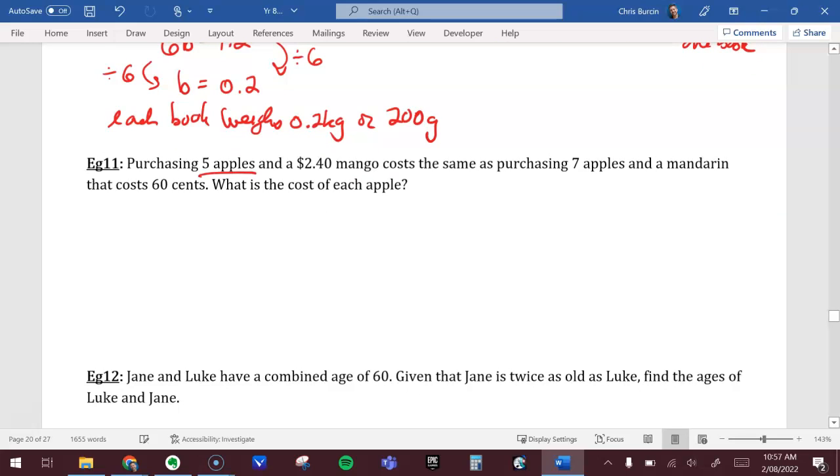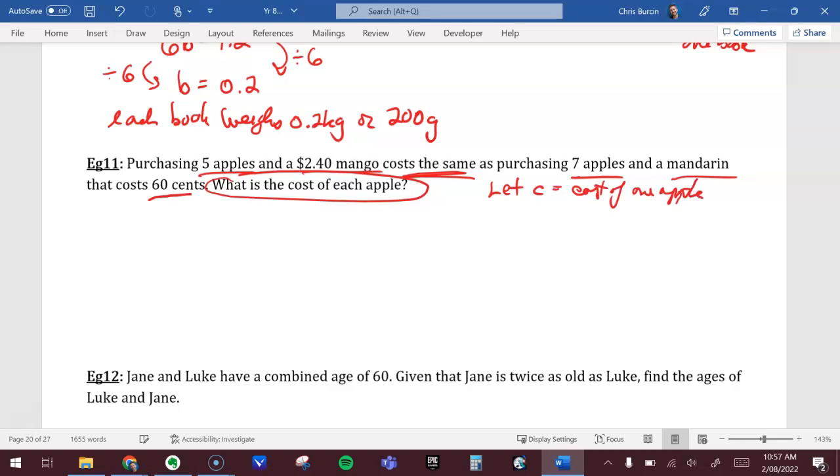Now, this one might look kind of hairy, but we've been given a lot of information. We're purchasing 5 apples and a mango that costs $2.40. And this is the same cost as purchasing 7 apples and a mandarin that costs 60 cents. So what is the question? What is the cost of each apple? So the first thing we have to do is define what we're looking for. Let C equal the cost of one apple